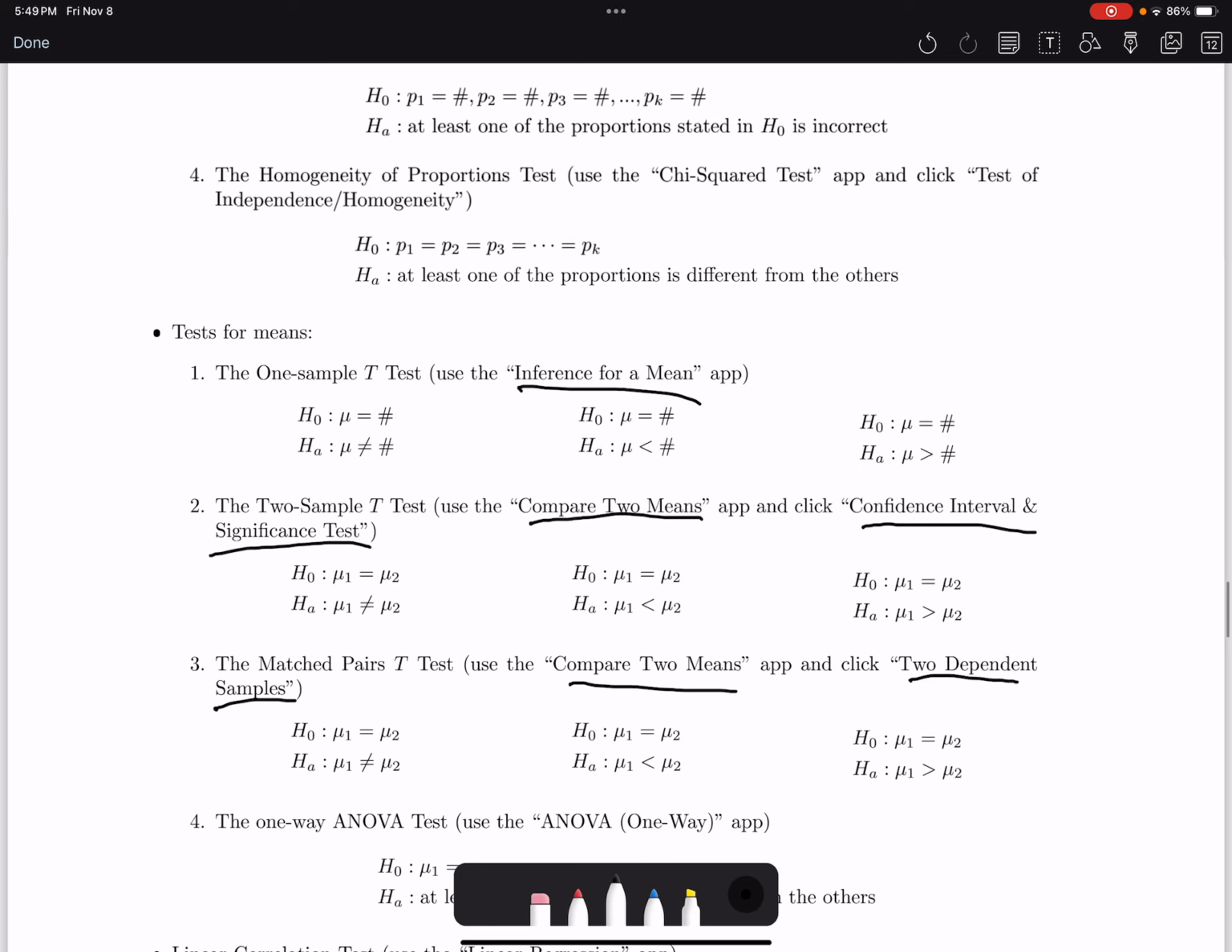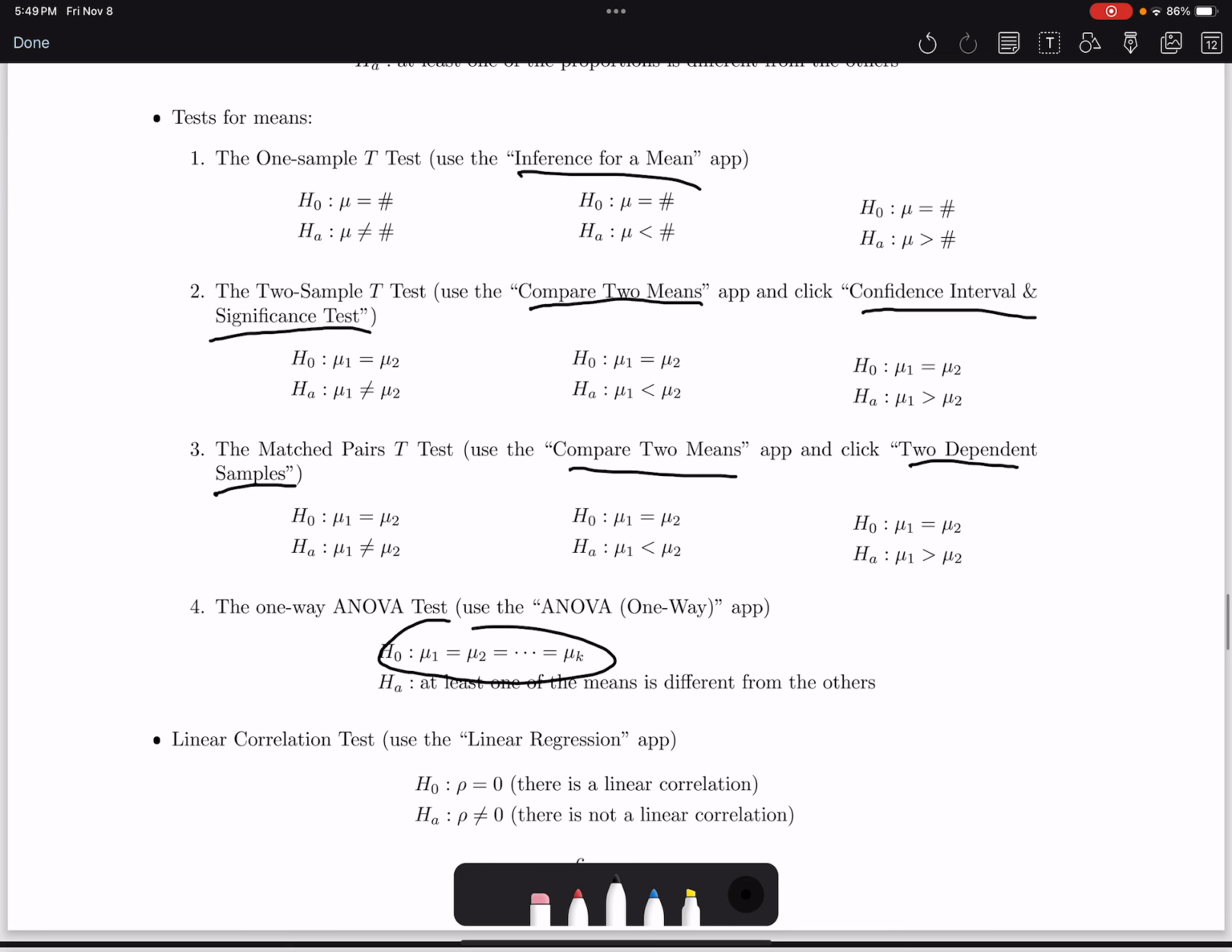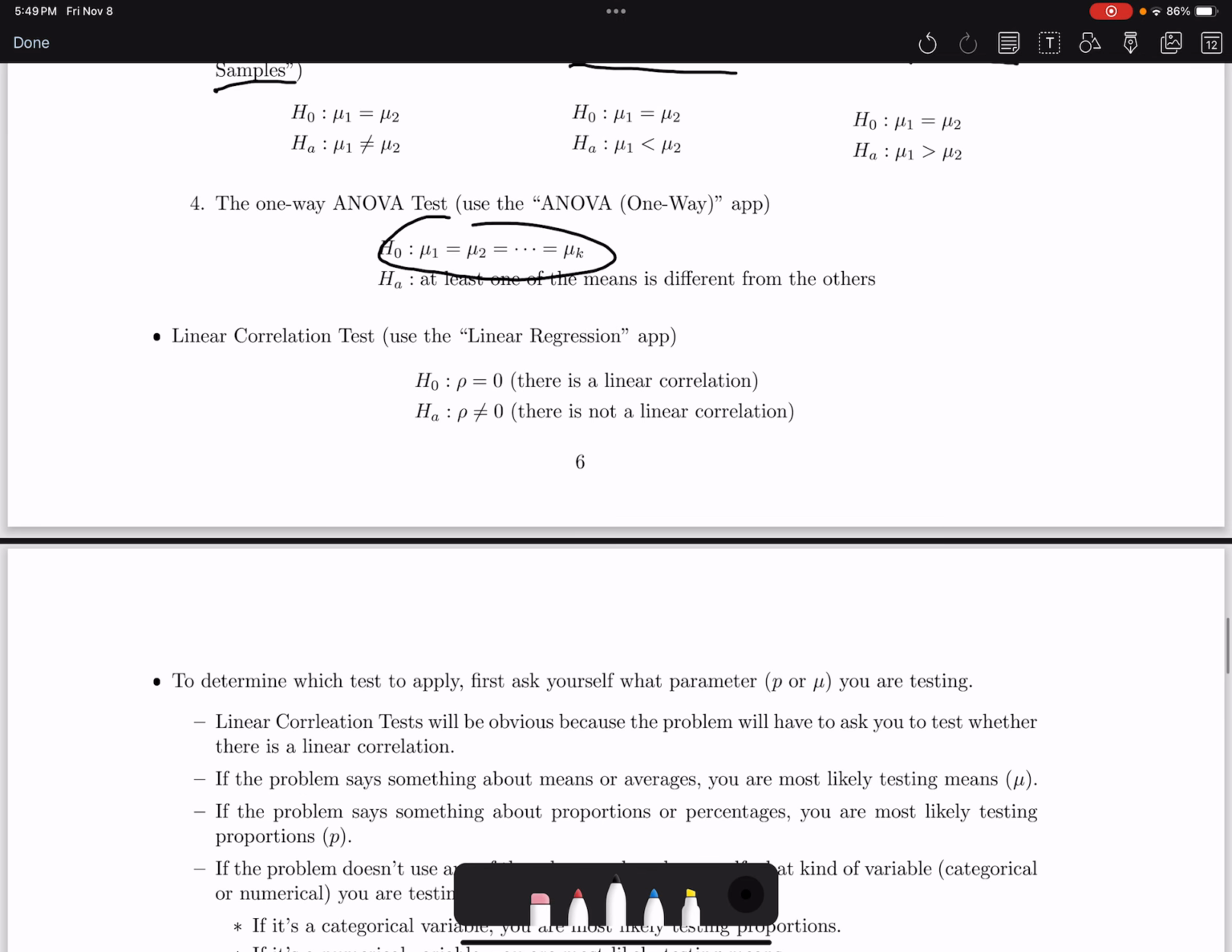So those are 8 of the hypothesis tests that we've introduced. The last hypothesis test that we introduced was the linear correlation test. And in many ways, this is the easiest one to identify because you would have to be told pretty point blank in the problem to run a linear correlation test, right? With a linear correlation test in Art of Stat, you're going to use the linear regression app to run the test. The null hypothesis is that the population correlation coefficient rho is equal to 0, which would indicate that there is a